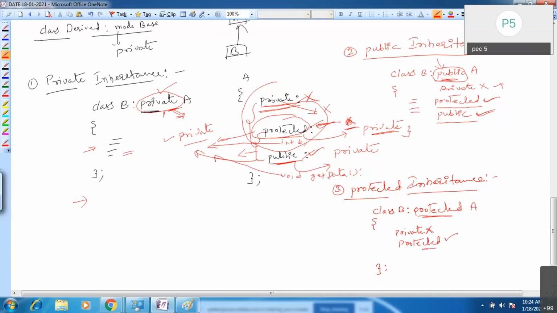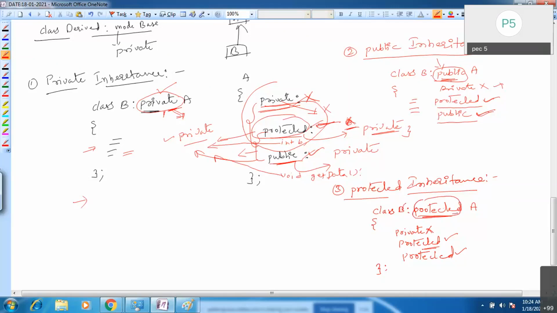Here also they are visible as protected members, and public members as well will become protected. Simple thing, you are using this protected keyword here.